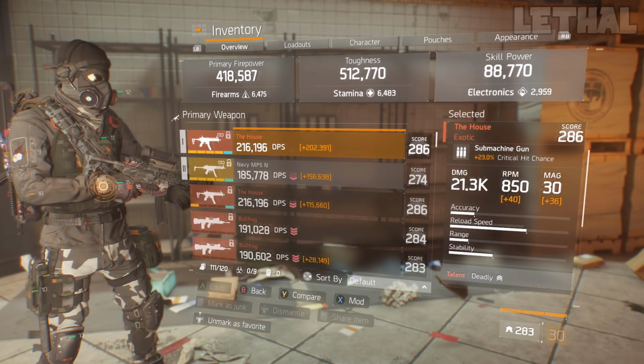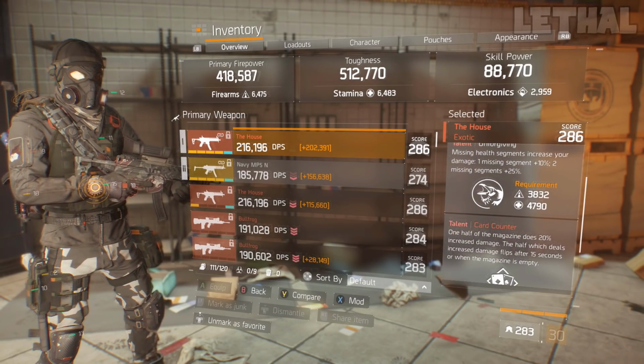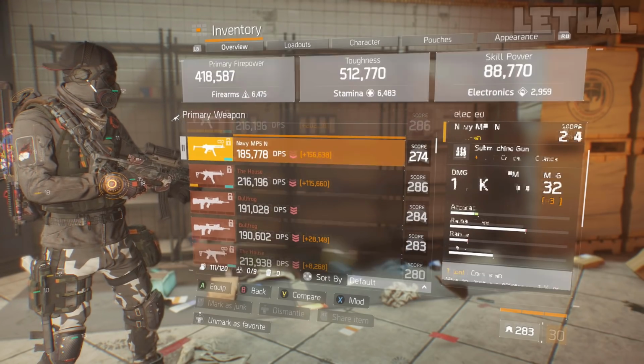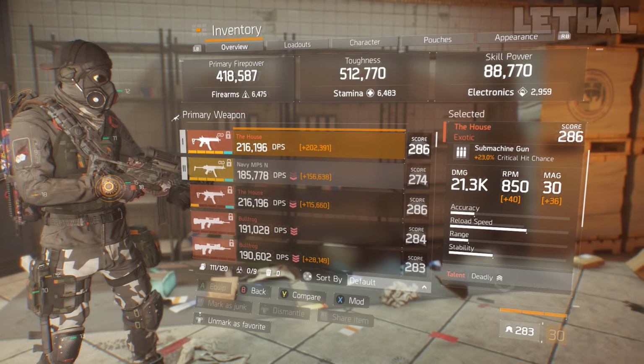So the first thing I'm going to go over is my weapon. I'm obviously using the House with Deadly and Unforgiving. Now the thing is, if you do not have the House, you can still make this build. You can use something like the Navy MP5N, you can use something like the Lightweight M4, LBOAC, stuff like that. But for this build, since I have the House, I'm using it,